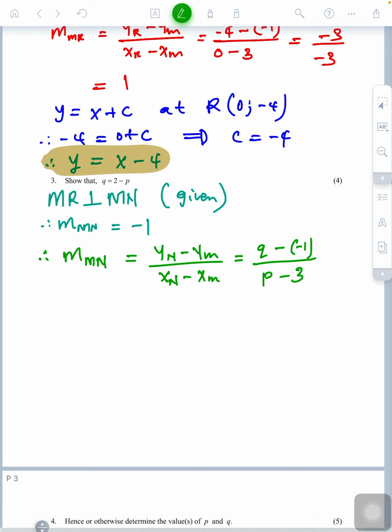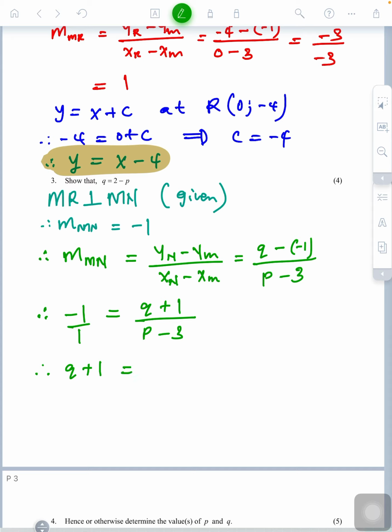So I'm going to say to myself now, we know that this gradient of MN is equal to -1. So this is -1 equals, you have q minus -1 is q + 1, divided by p minus 3. Remember here it's over 1, so you can cross multiply, which will then be q plus 1 equals